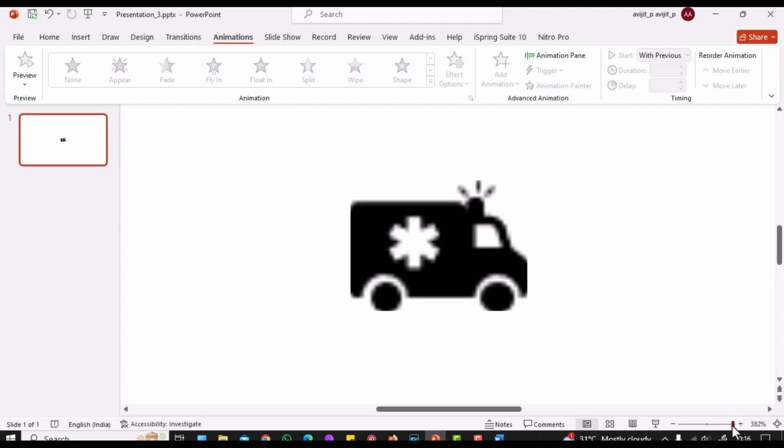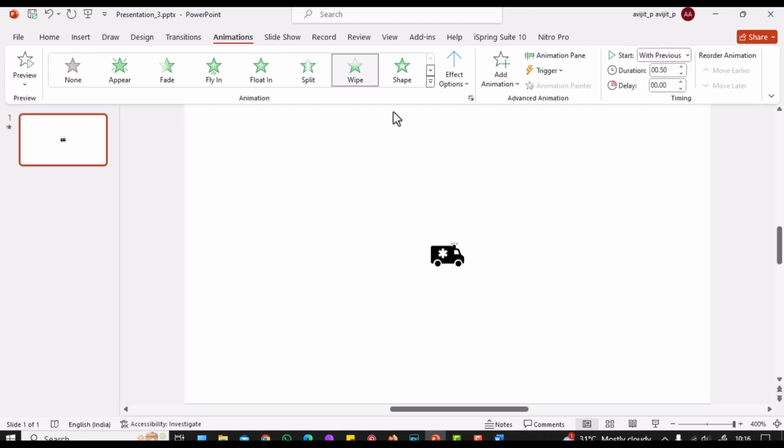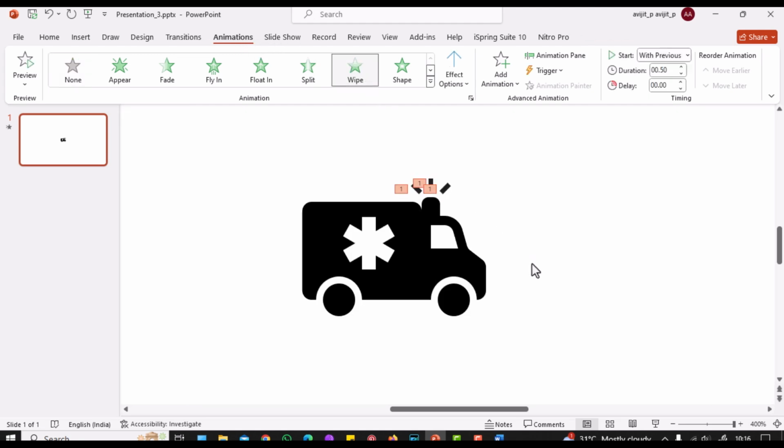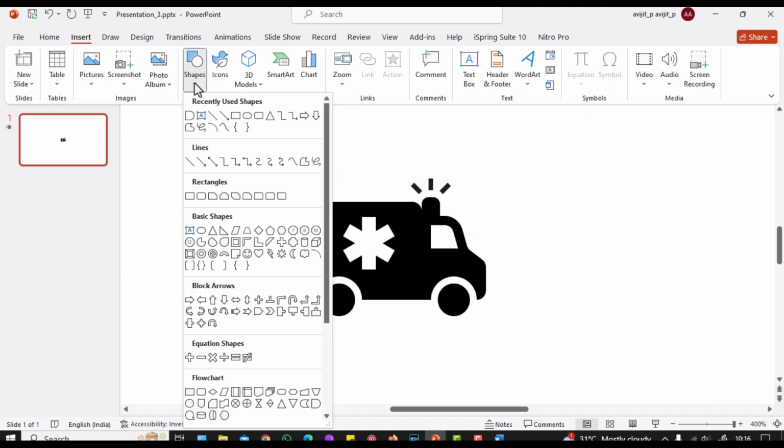Animate the elements separately. First, animate the light of the ambulance to give it a blinking effect. For that, attach an external shape in place of the light and add color pulse animation to it.